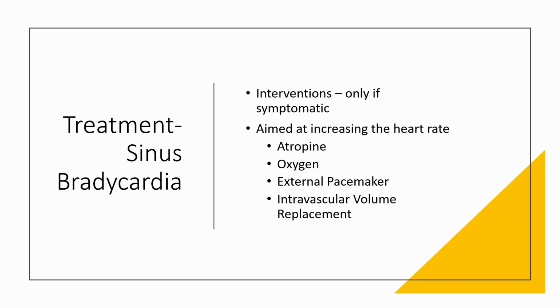So what you're going to see in someone who has sinus Brady is we're going to give them oxygen because we know they don't have enough circulating. Other things you'll see, we'll give them some atropine. And with atropine, our goal is to increase their heart rate up to 60. That's our goal when we're giving the atropine. If we've decided that after assessing them, it's because they don't have a lot of volume, then let's replace some of their volume. And then if that doesn't work, we can put them on an